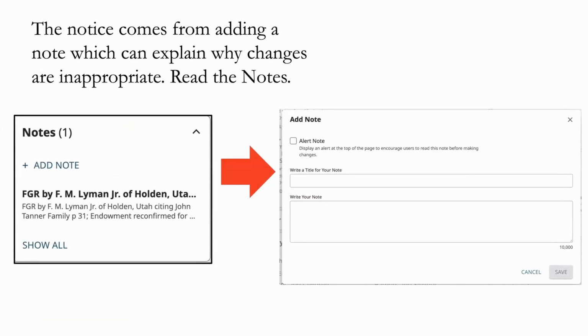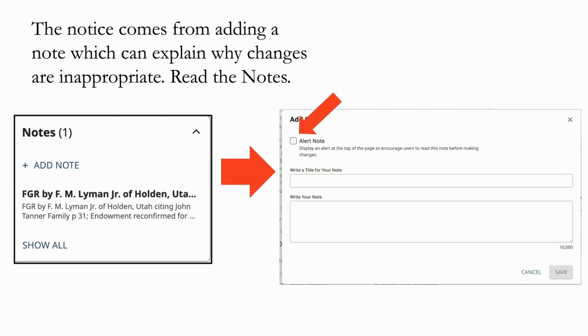So basically, you can add a note. And this is a note that you add to whatever. And when you add that note, you fill in this little note form. And then up there at the top, there's a thing that says display an alert at the top of the page. So if you put your note in here explaining why this person should not be changed and what kind of sources, and that changing the name or adding a child or whatever it is that's the problem, and you explain that in your note, and then you click the little note thing and then publish your note or save it,